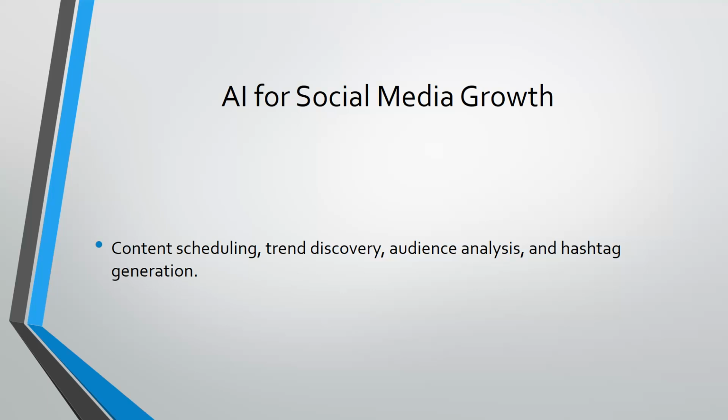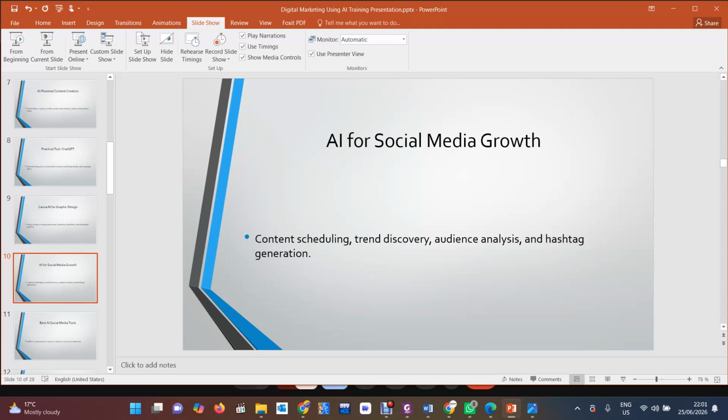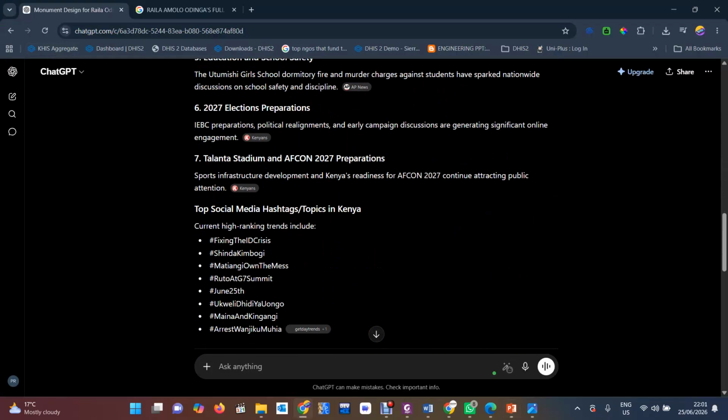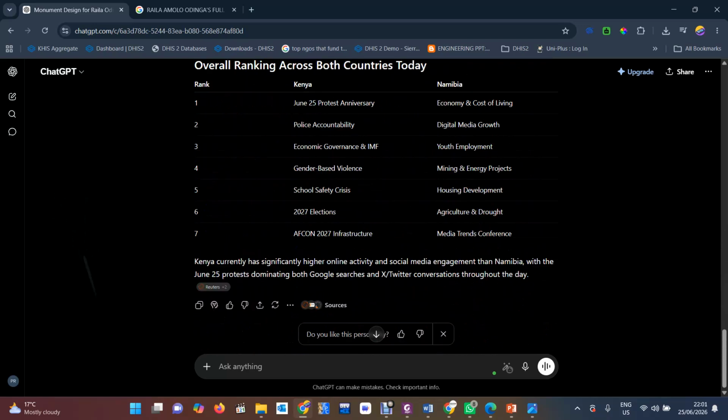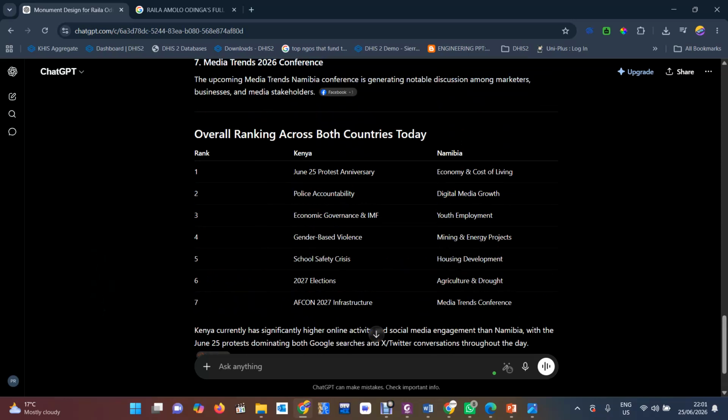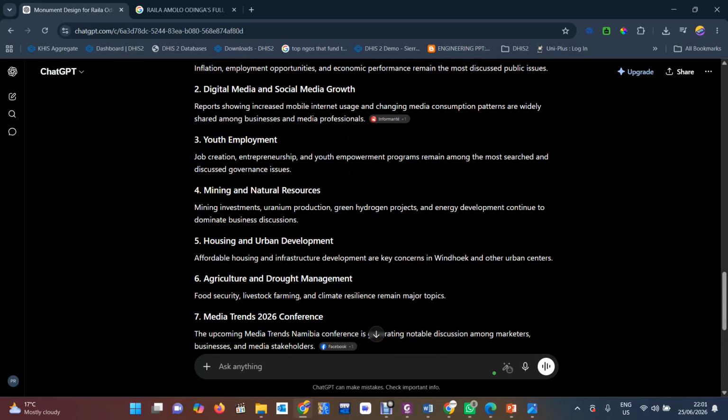You can see that what defines these top searches is basically the hashtags. The hashtags are what social media and Google were able to use to find all that was trending.